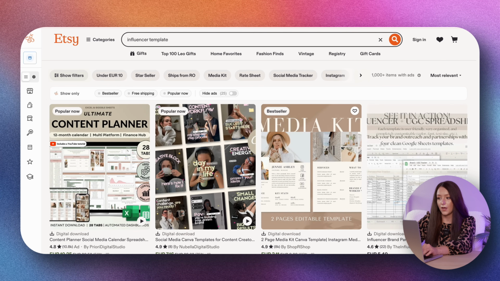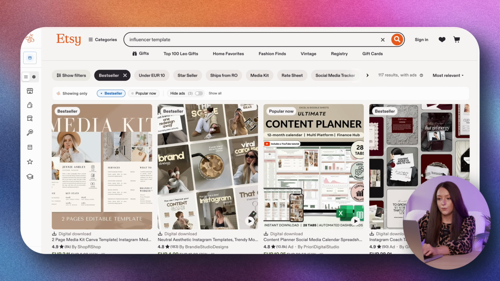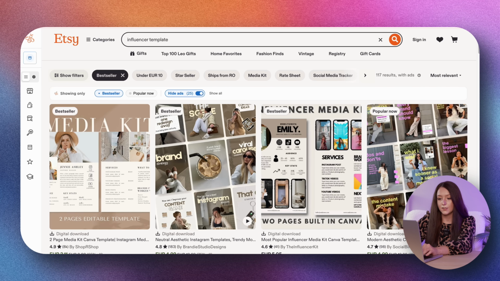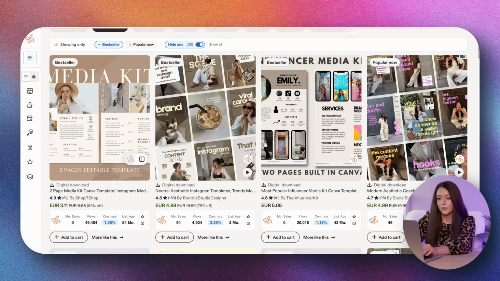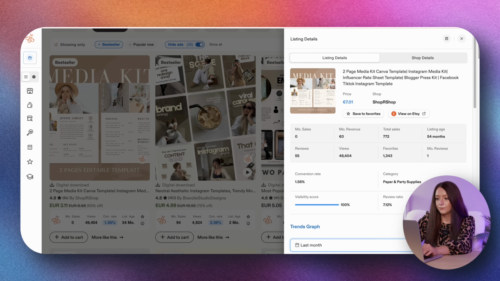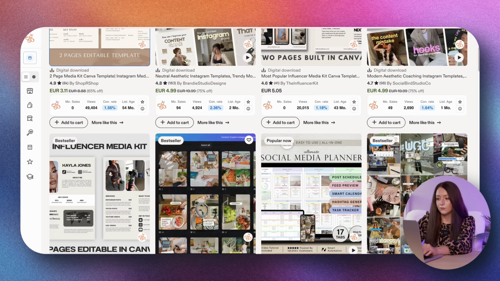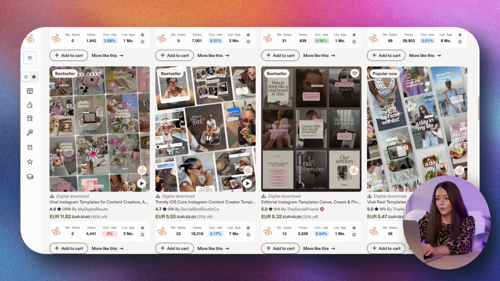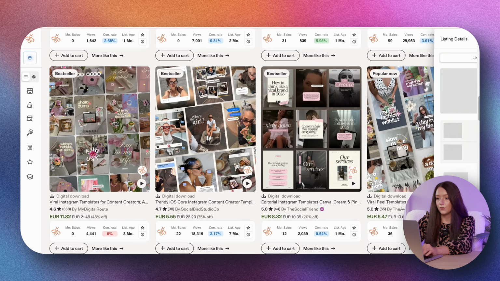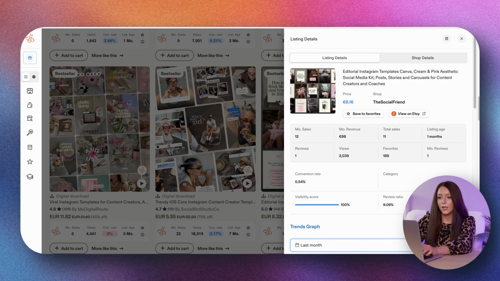We have over 1,000 items with ads. We're going to do bestsellers and we're going to hide the ads. So for example, this one, let's analyze it with EverBee. It has a lot of views, a lot of sales. Okay. So a lot of people are into these influencer things, Instagram templates for them. Okay, but I want to go bigger and say